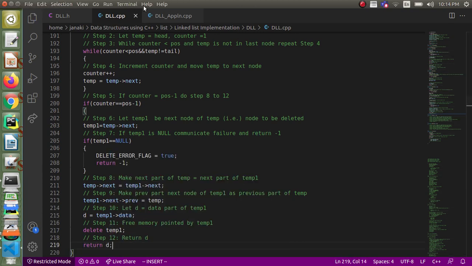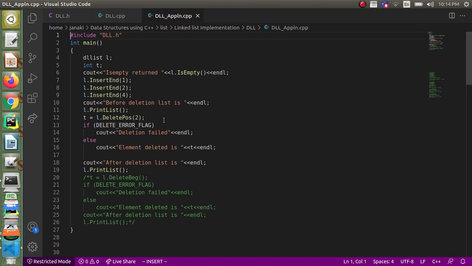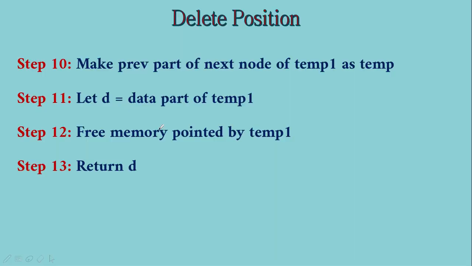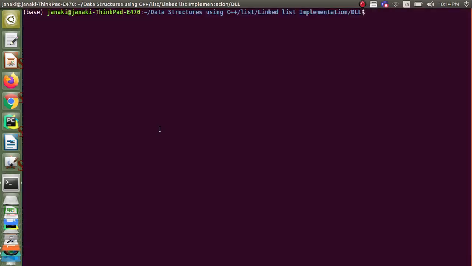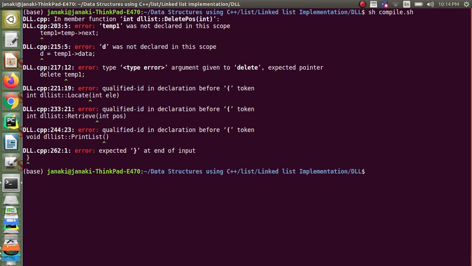Okay, and in the main I have called delete position 2. There are 3 values that are inserted and we are trying to delete position 2, right? So let's compile the code and check it for errors. Okay, there are a few errors. Let's see.